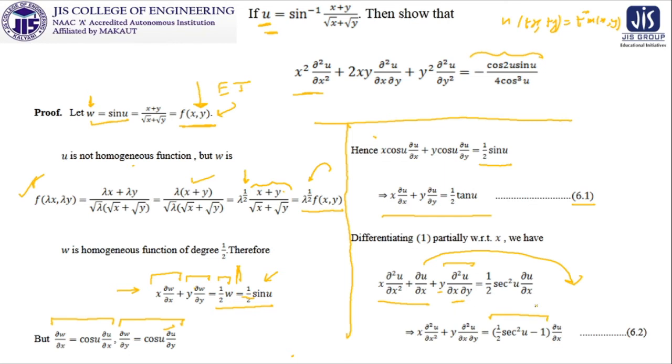Now we will proceed for the next part of the problem, but I think almost all of you, maybe all of you, have the clue in your mind what our next step will be. And I think all of you are right that the next step is nothing but the partial differentiation of 1 with respect to y, and then only we will get the y ∂²u/∂y² term, which is required by the question.